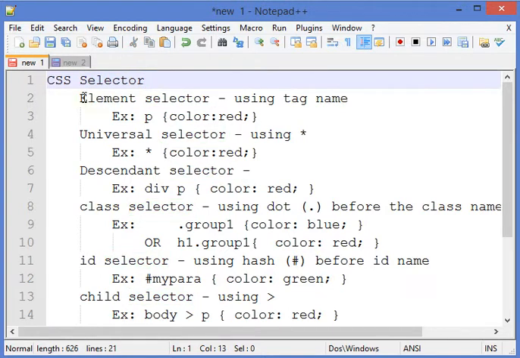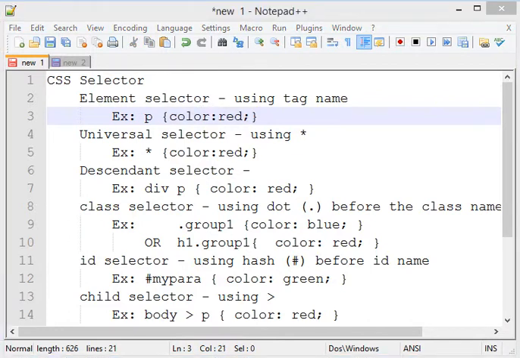so the one selector we have already used is the element selector, by using the tag name. In the previous lectures we have already selected the HTML element on which we want to apply the CSS style, by simply using the tag name of the element. For example, if we want to apply the CSS to the paragraph, then the selector will be p and then the CSS rule. Okay,